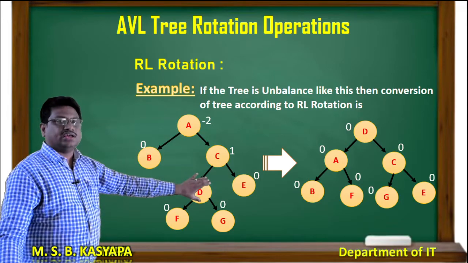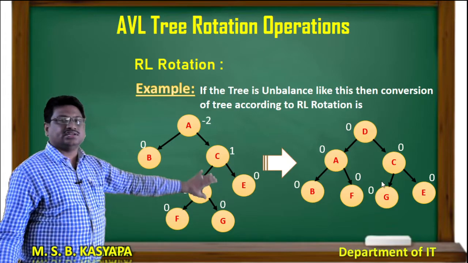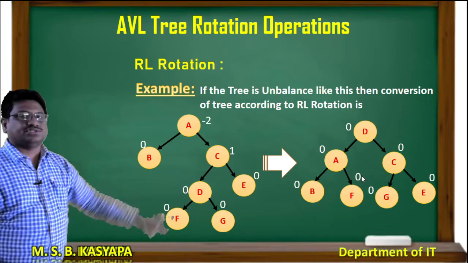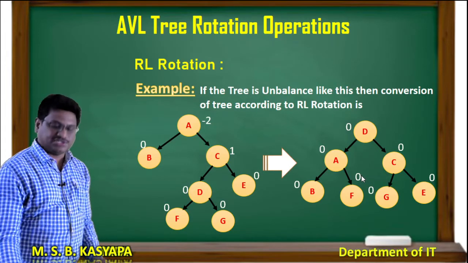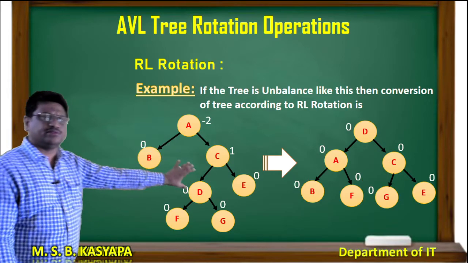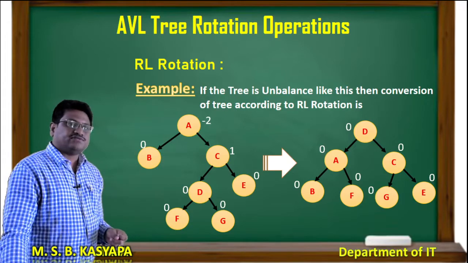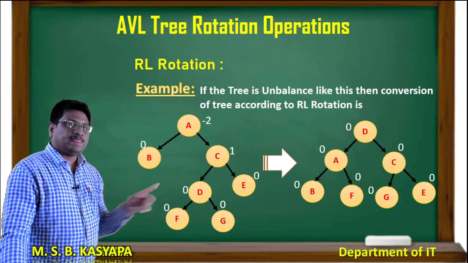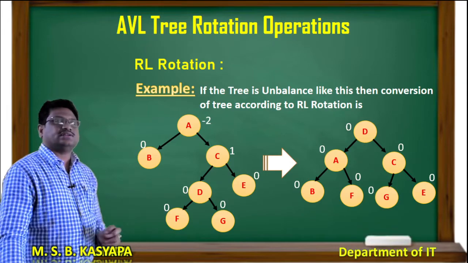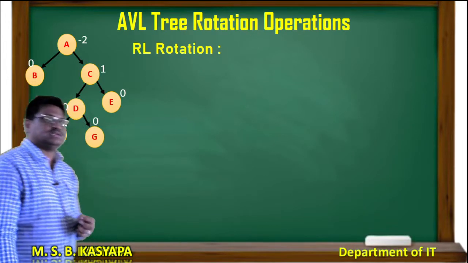So, that means if it has any right children, these right children have to be linked with the parent node. So, G and C are linked. Now, the next root node will be moved to the left subtree. This left subtree remains as a left subtree for A. So, A and B, and if it has any left children, it is moved to the left child as a right subtree. The final conversion is like this.